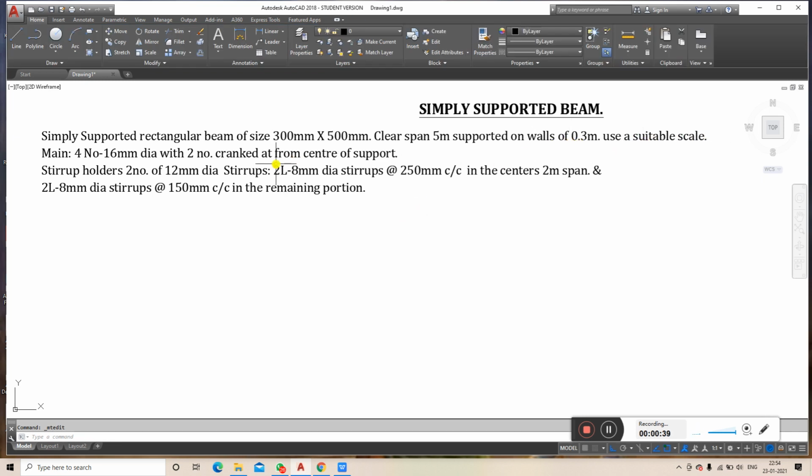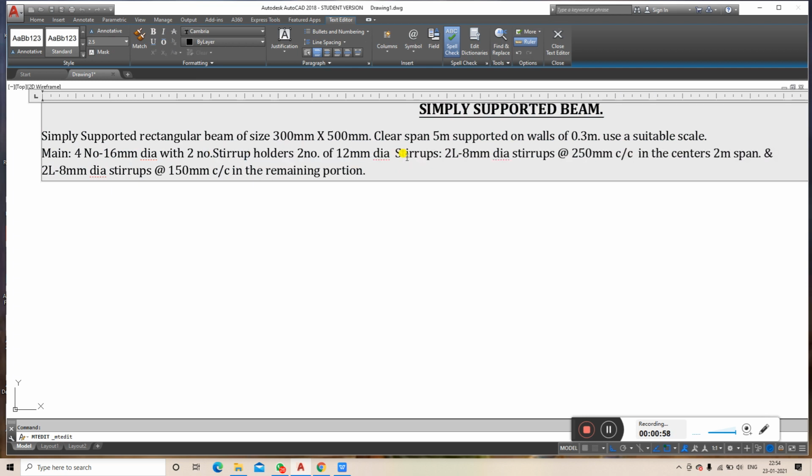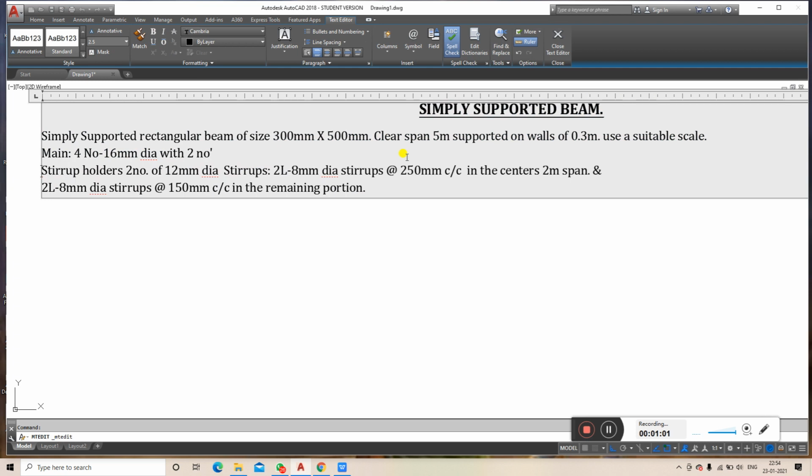Use a suitable scale. Here the main beam is provided with 4 numbers of 16 dia bars, with 2 numbers cranked at from the center of the support. That means the curtail bar, instead of cranking, I'll be taking two numbers curtailed.